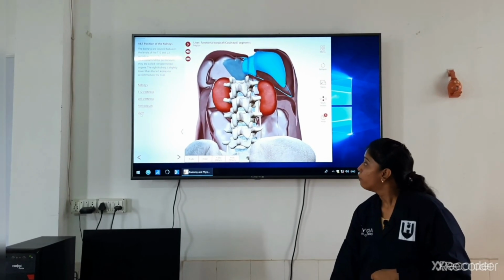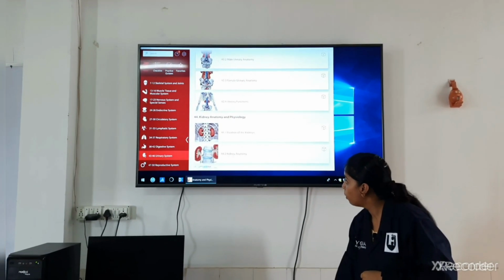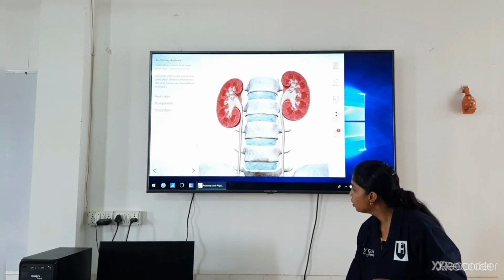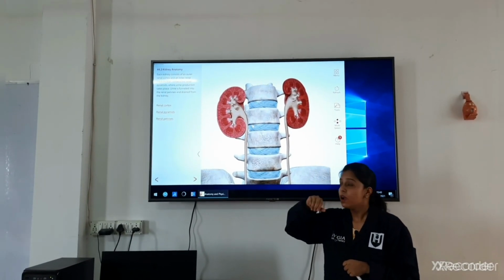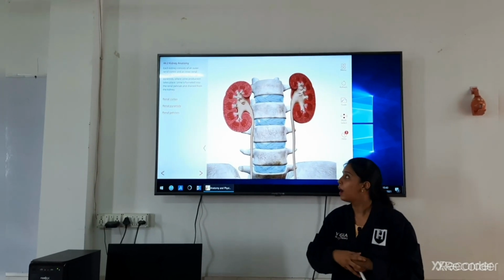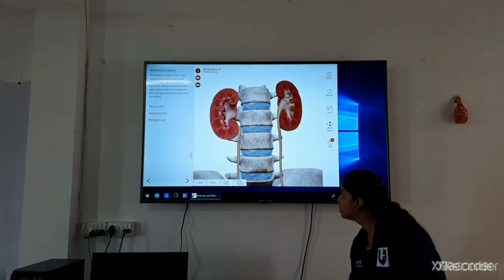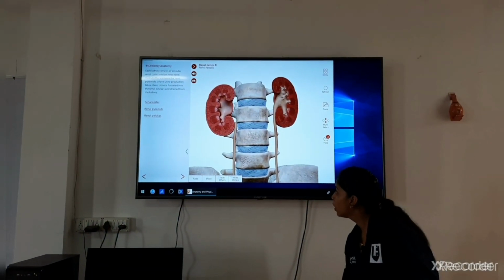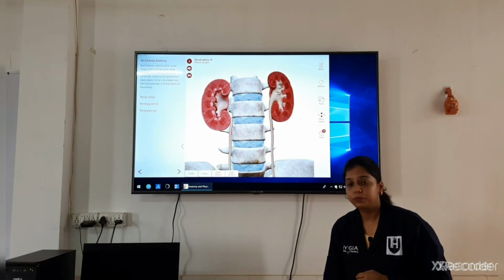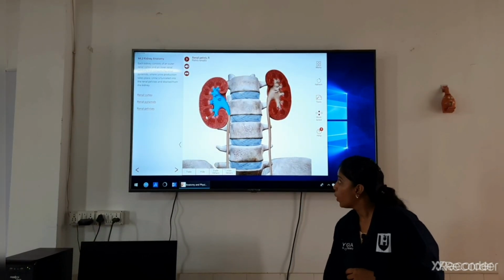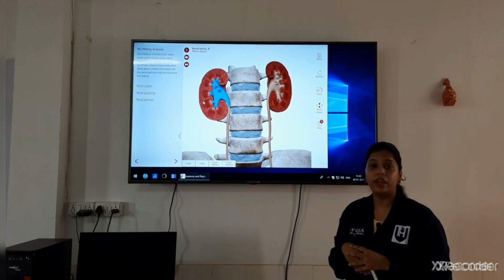Furthermore, when we discuss their internal as well as external anatomy, this is the transverse section, taken just to show you the internal anatomy. But first, I want to add a few things about the external part of the kidney. This notch-like structure, which I am showing with the pointer, is known as the hilum. The hilum is the part through which all the blood vessels, nerves, as well as the ureter move in and out.